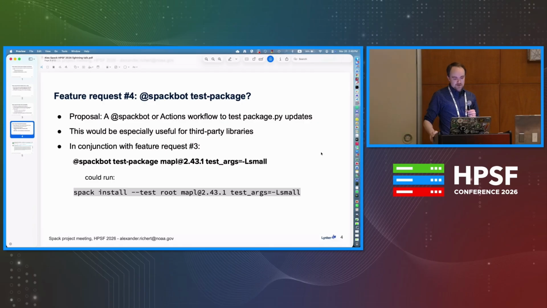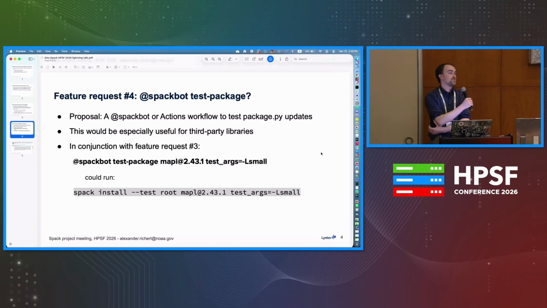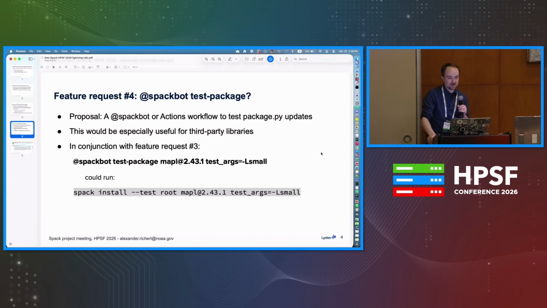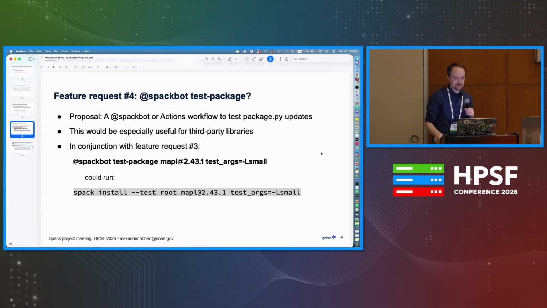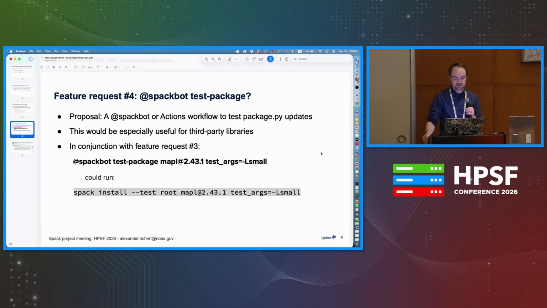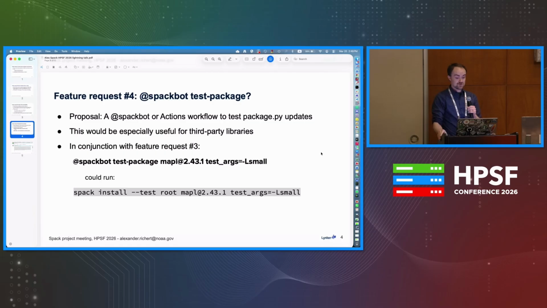Okay, so this is maybe my most out there one, especially for the packages that we deploy but don't maintain. It's not too uncommon for us to just run into little issues with, especially the developers we work with on other teams have gotten better about maintaining Spack packages and this sort of thing, but it's still not perfect. So it would be kind of cool if for our third-party libraries, when the developers are going to make a package.py update in main Spack or in the main Spack packages, having some infrastructure in place where we can just run a